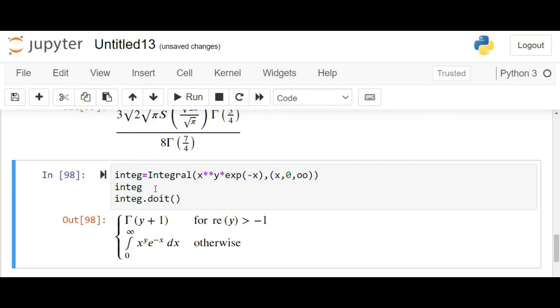So these are the integral and differential calculus, and now we are talking about